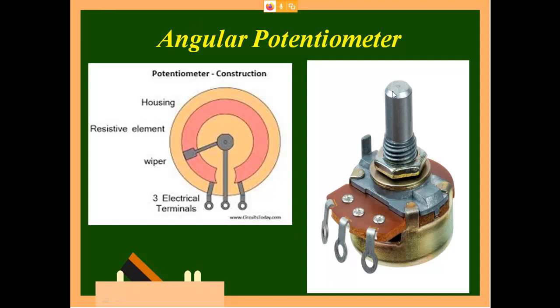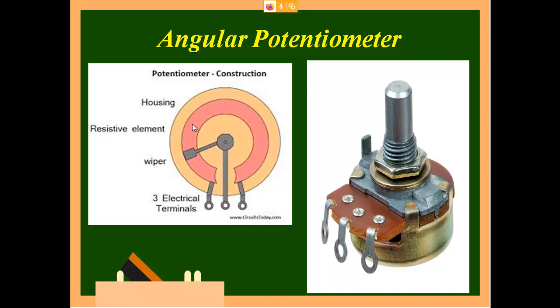So when you rotate this top knob, the slide position will change. Depending upon the slide position, if you keep it here, you will have maximum when you start connecting from this end. If you have connected one terminal here and another terminal here, when you keep it here, you will have minimum. When you keep it here, you will have maximum. In the same case, if you connect at these two instants, it will be reversed. So are you able to understand whether you want a clockwise reading or an anti-clockwise reading?